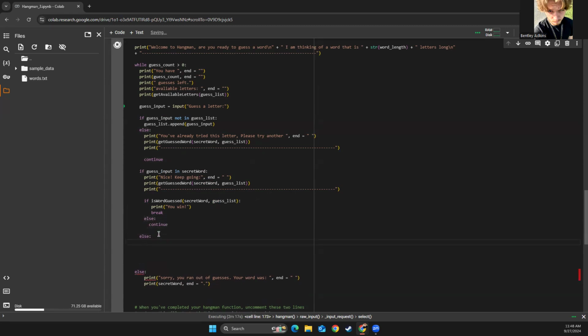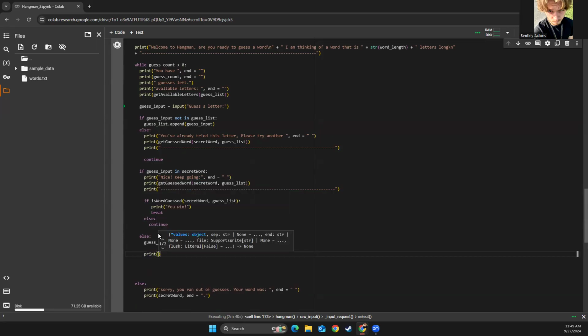Else if the small is one, then we're gonna print that letter is not in the word. Try again. And or,